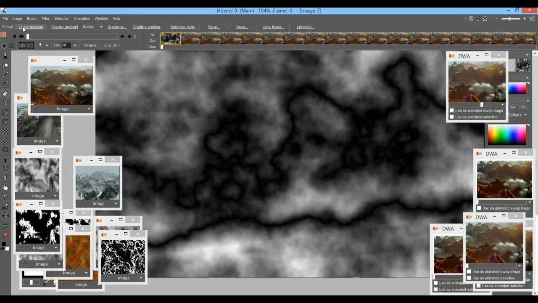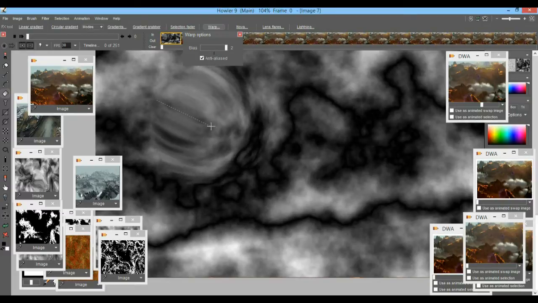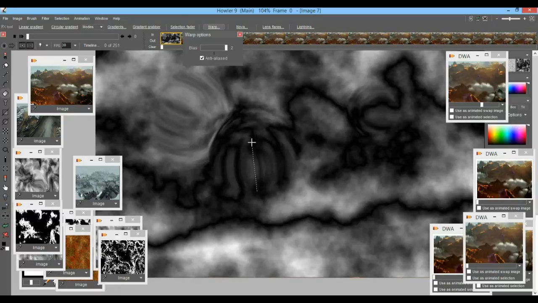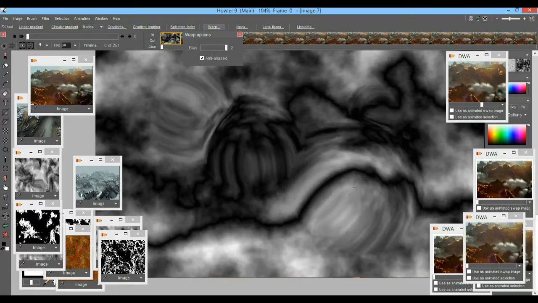In fact, if you left click, you'll see below the menu bar there is a second context bar, and there will be some options here too. That's where you'll see the warp option, warping an image. And so the warp option starts with maximum level 2 on the bias, and so you can shape this and reshape it, which is actually a very interesting tool also to create things like a magnetic field on the surface